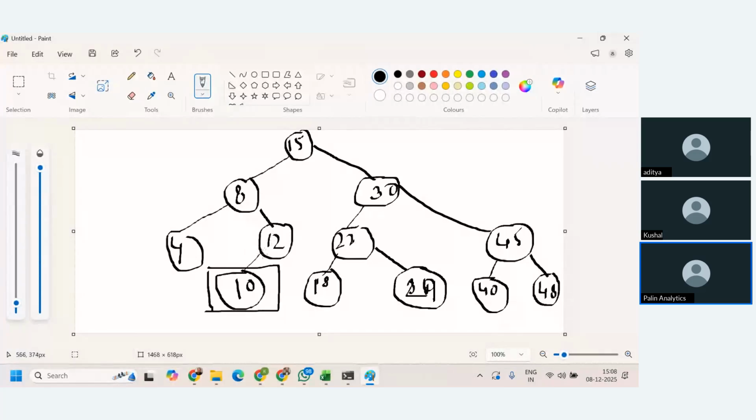So here 12's left will be null in that case. In that case also we need to see whether this is a left child or right child. Based on that, you need to set left or right to null for its parent. Now,